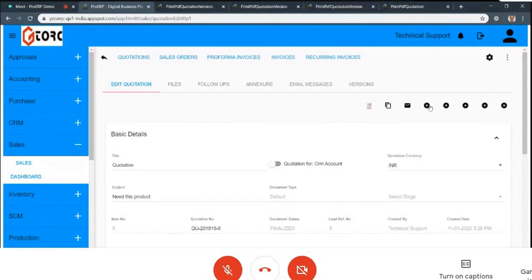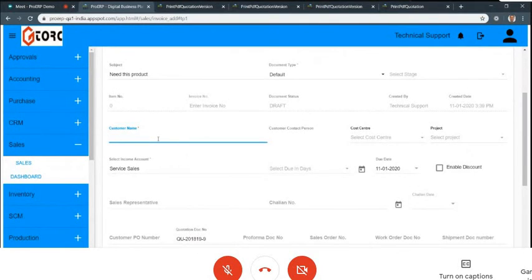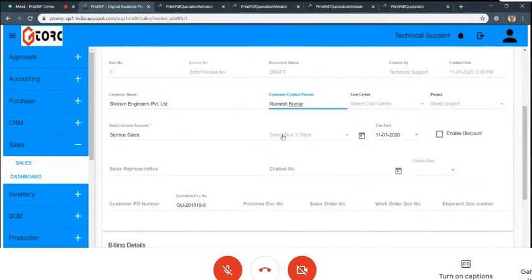And we can convert this into an invoice. Let's create an invoice from this. Now, the same name was not found there because the quotation was against an account. If it was against a customer, you could create a quotation against that. I select that.